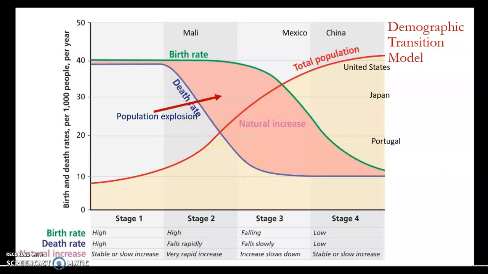So in stage 3, we see industrialization. We see in an industrial society the need for a large number of kids begins to decline. We see that with improved medicine and improved child care, the infant mortality rate drops, so you don't have to have as many kids to support a family. We see that population growth begins to slow.